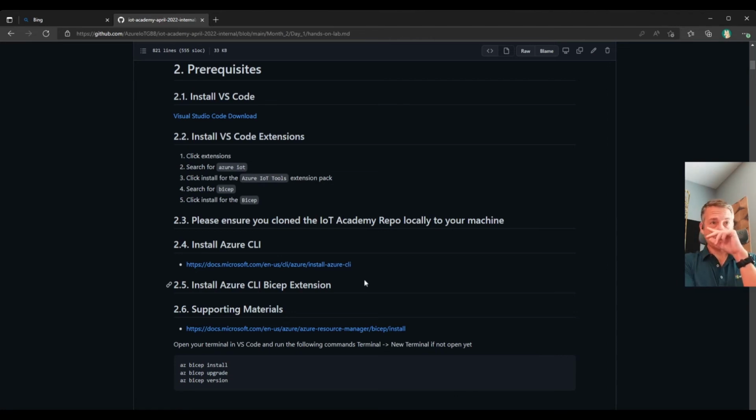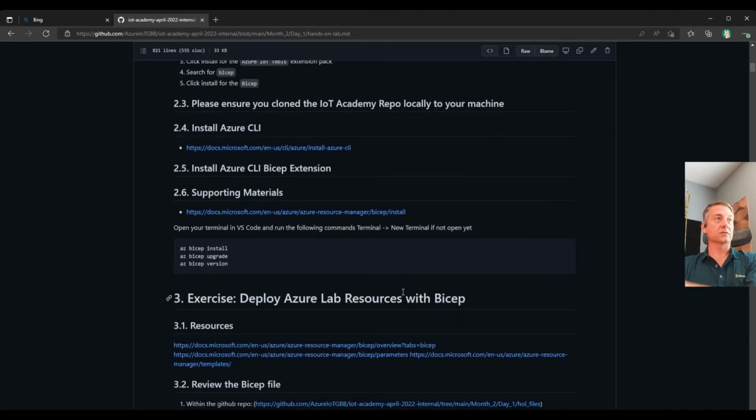There's also a PDF copy of this markdown document if it's easier for you to consume that, or if you have any issues with the markdown version. You could also use this markdown document within Visual Studio Code rather than a browser if you like, using extensions such as Markdown Preview. A link for installing the Azure CLI